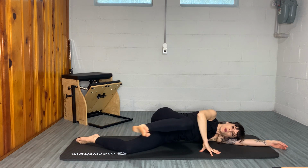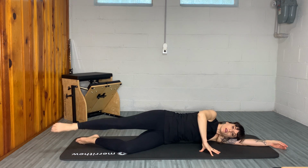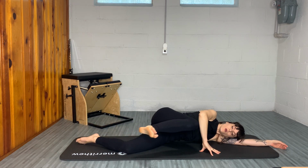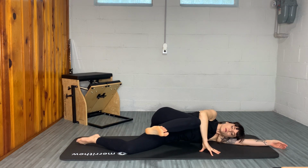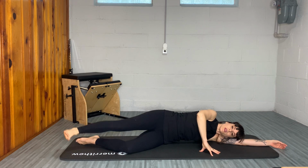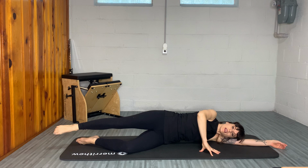6 more. 5, 4, 3, no movement in the torso or the pelvis. 2 more. 1 more. Now we're going to take that leg, we're going to flex it in alignment with the hip, lower